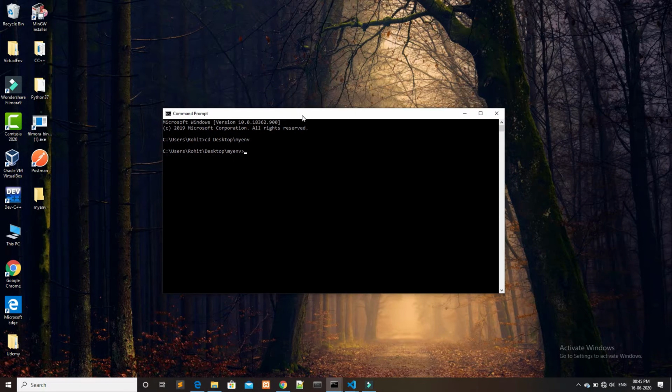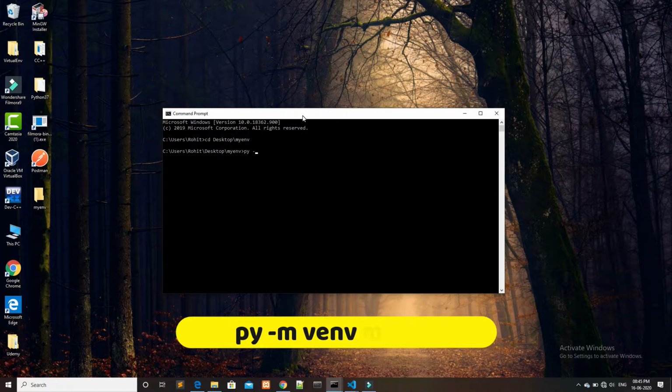Now we can install the env in this folder by the command py -m venv. Now you can name anything.